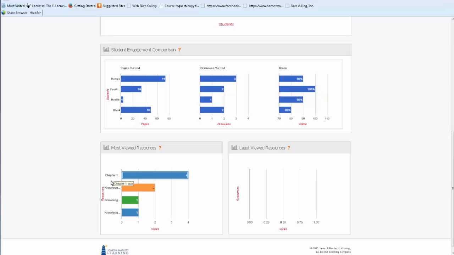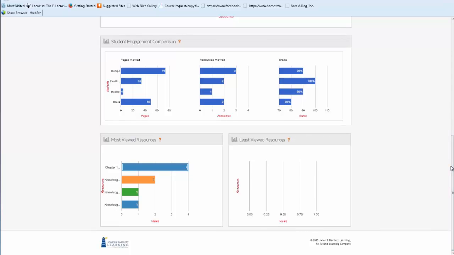So in this instance, we have the Chapter 1 quiz and then some knowledge checks for Chapter 1. They've really only been viewed once. Again, dummy data, but you can see where over time, capturing this information and having the ability to go back and view what your students are actually doing within the ebook could be invaluable for you,